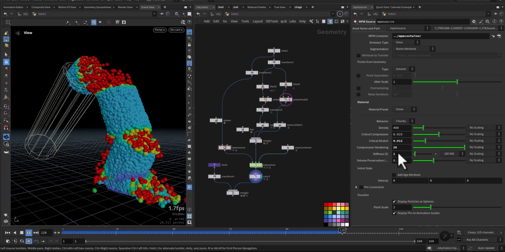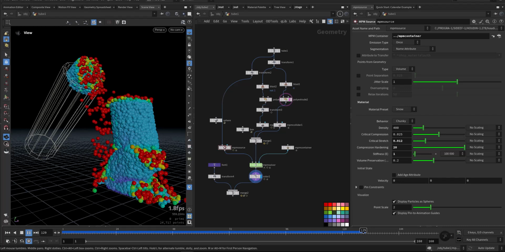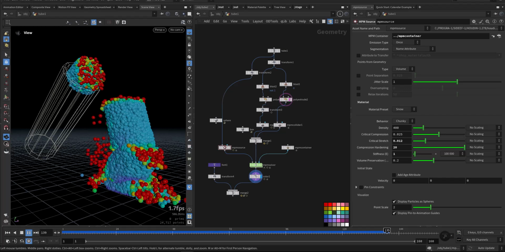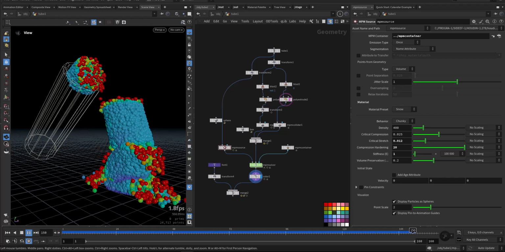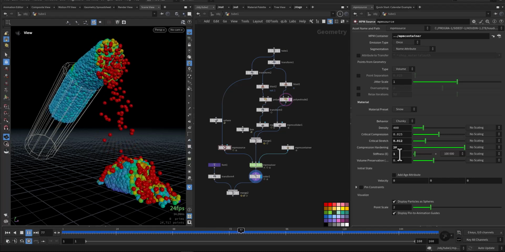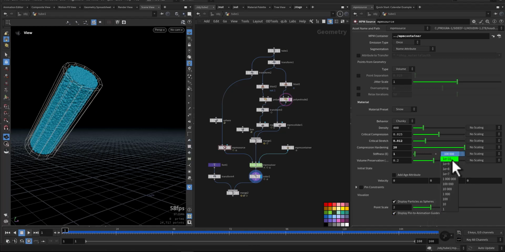Next is the stiffness, which is a very important parameter. Its attribute is called E, and this affects how rigid or flexible the snow will be. A lower stiffness results in very soft and easily deforming snow, while a higher value gives you firm, hard-packed snow like concrete. And the higher the stiffness is, the more calculation it will need. So if I go all the way up, you will see how slow it becomes. It requires more steps to solve,